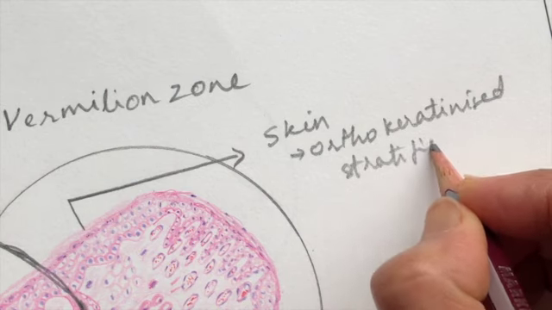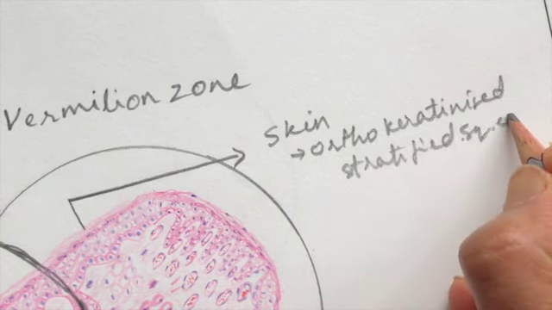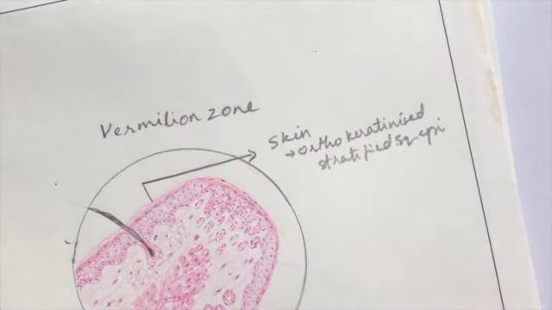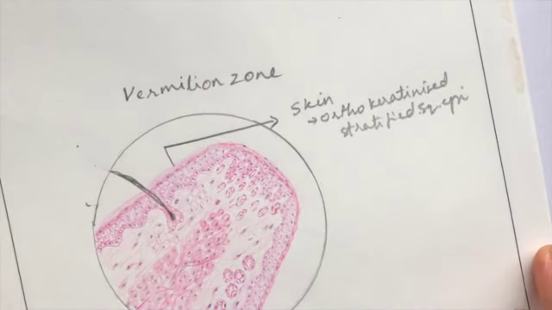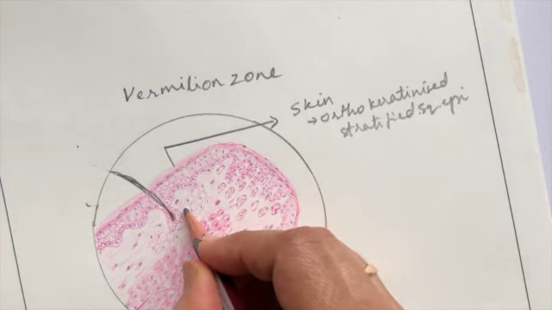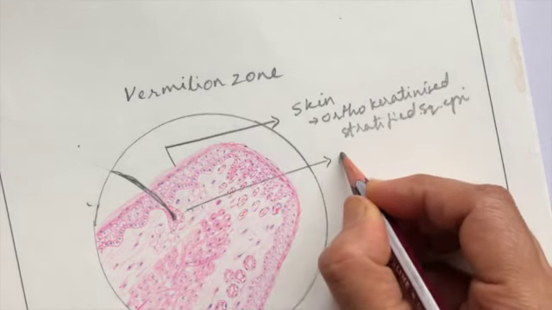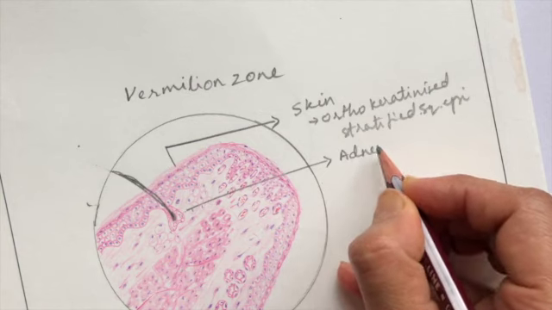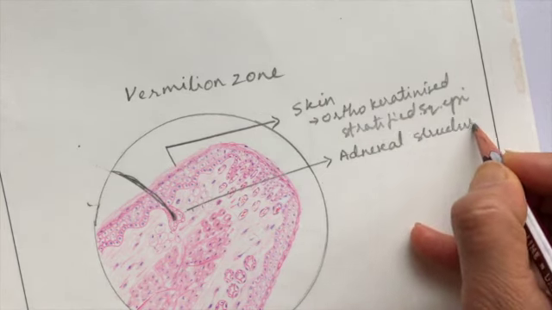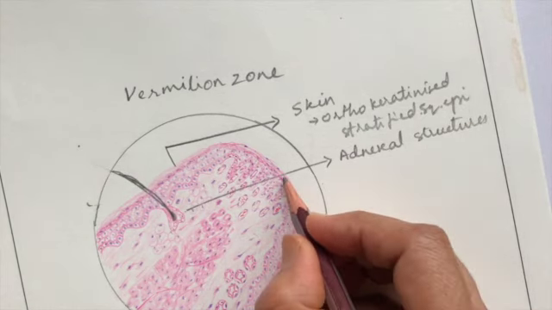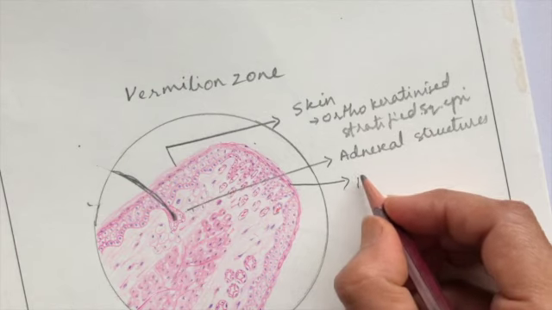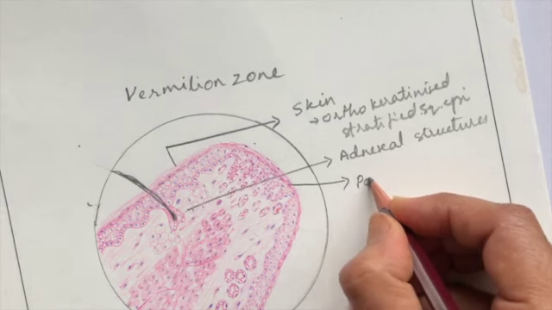You can write the full forms of all these. Next is the underlying connective tissue contains the adnexal structures of the skin. This is the zone which is parakeratinized, that is the Vermilion border containing